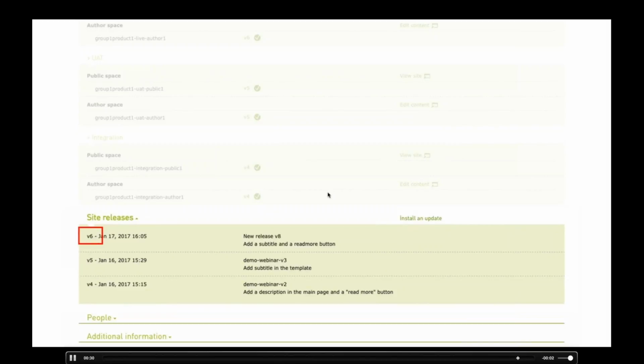And this new version will actually contain the corresponding commit ID. This is the way that we know in the Cockpit, in Magnolia Now, that we need to pick up that change and distribute it to all the servers. So just keep in mind version 6, because we will use that in the next steps.